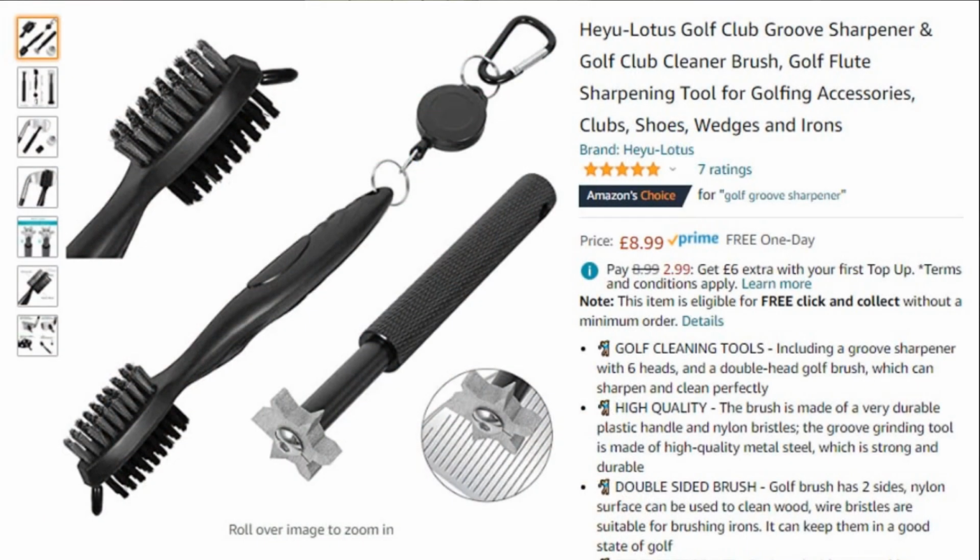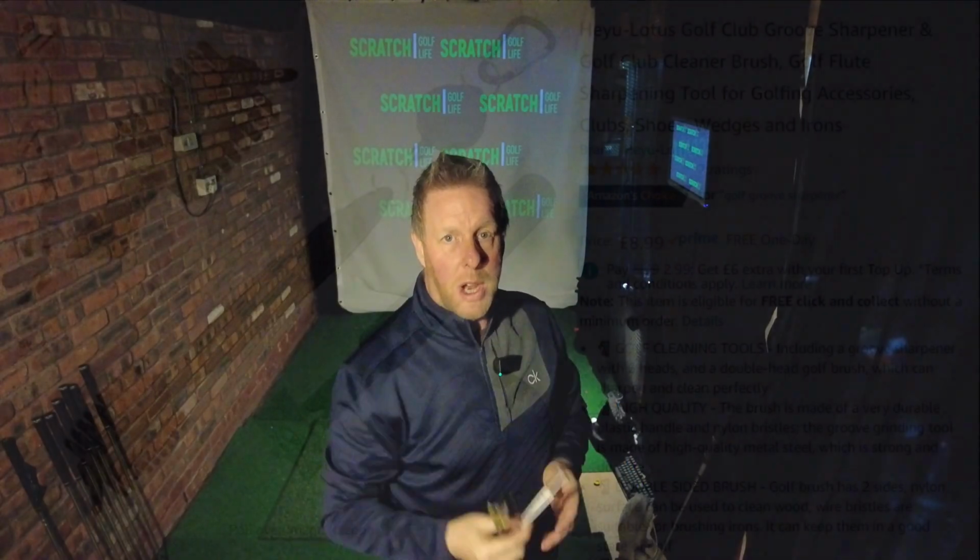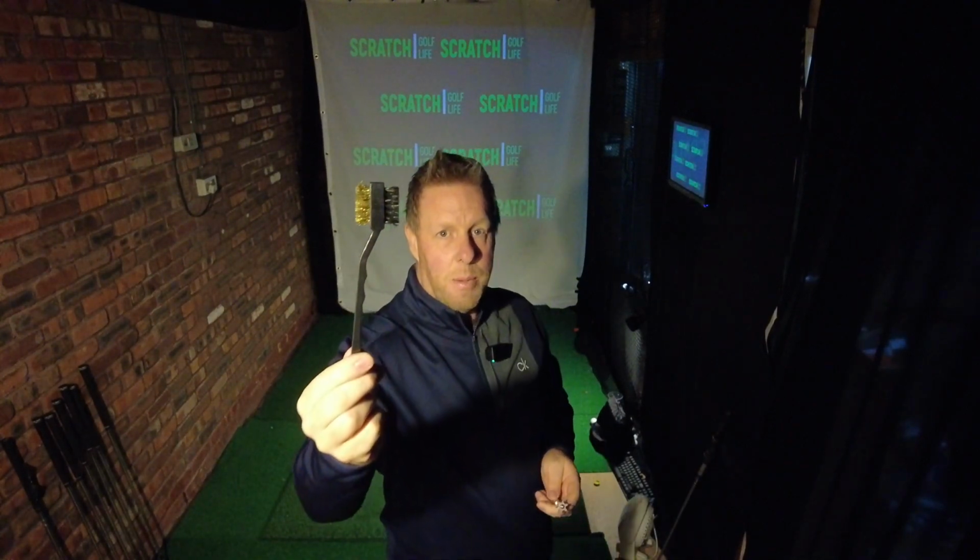The grooves on your golf clubs are what impart control onto the golf ball when you hit it, so this is very important. I would say once every 6 weeks I run this tool through the grooves, just the bottom 5 grooves on my golf irons, from 5 iron down to my wedges, to make sure that they're staying nice and sharp. And then when I'm out on the golf course, I make sure that I clean them before every single shot,